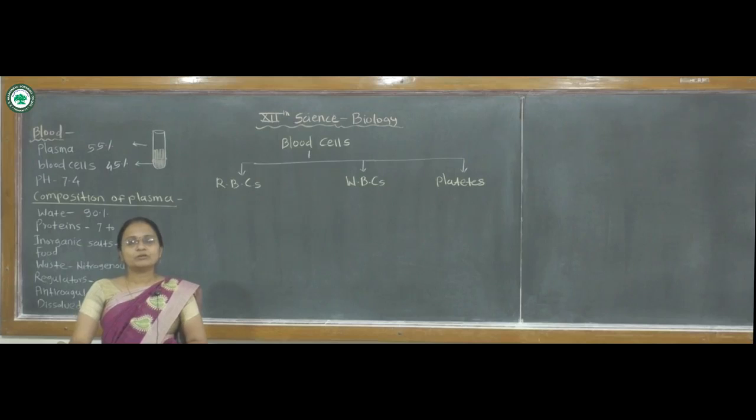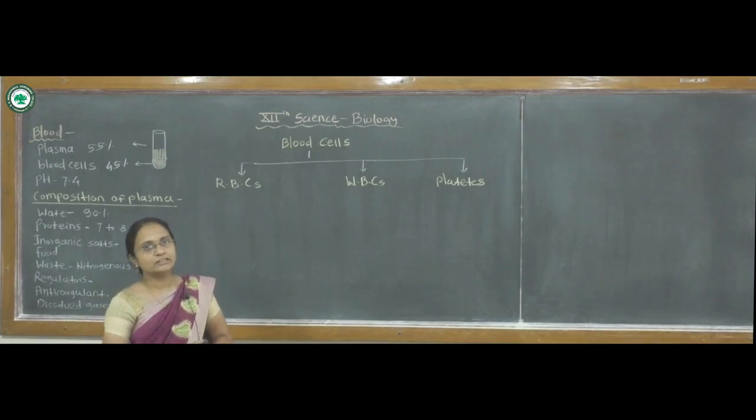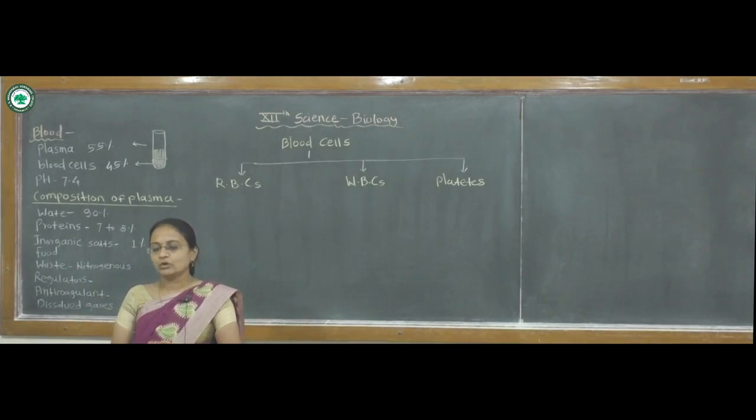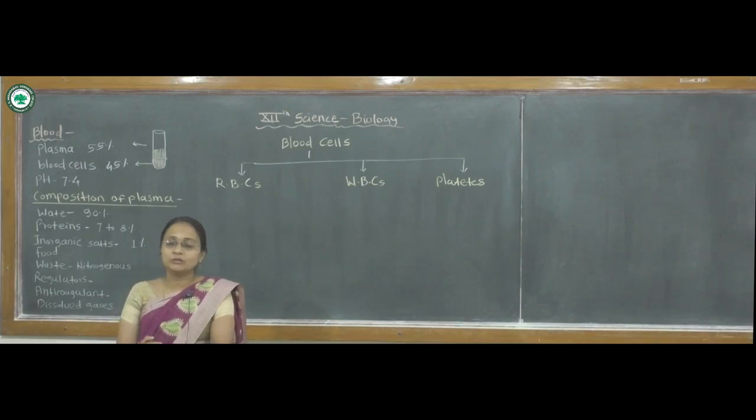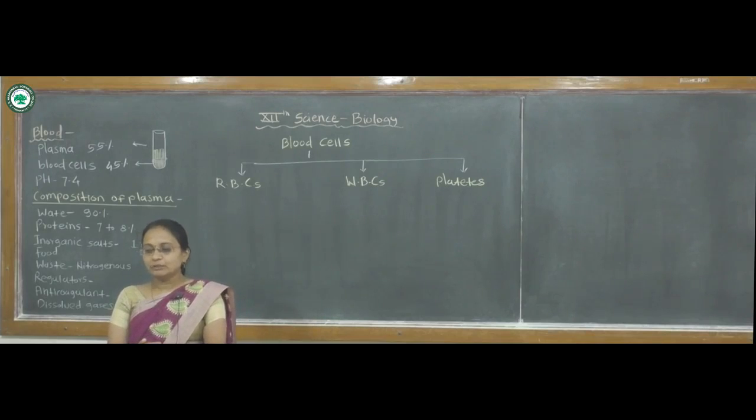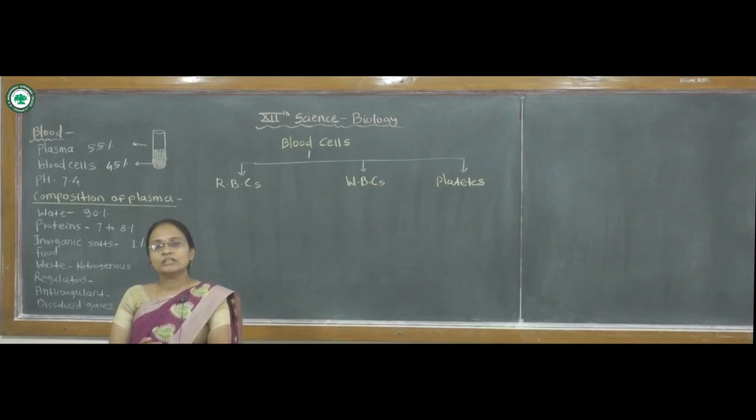The decrease in the number of WBCs is known as leukopenia, whereas the increase in the number of WBCs is called leukocytosis. On average it is 5,000 to 11,000, but if the number increases tremendously, with uncontrolled cell growth of WBCs, that is termed leukemia or blood cancer. These WBCs play an important role in the defense mechanism of the body. In short, our immunity system works on the function of WBCs.